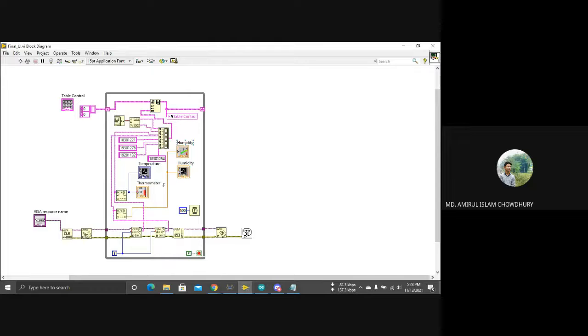So our first data, which was temperature, will go to this string, and the second data, which was humidity, will go to this string. Then we will print the temperature and humidity value respectively. Then we have to create a build array function and place it here, and we have to expand it to increase the size of the array. So from which data the array was built. For the first data, we will put the data into string, as all our input data should be string, and in the array, we will put all the strings together.